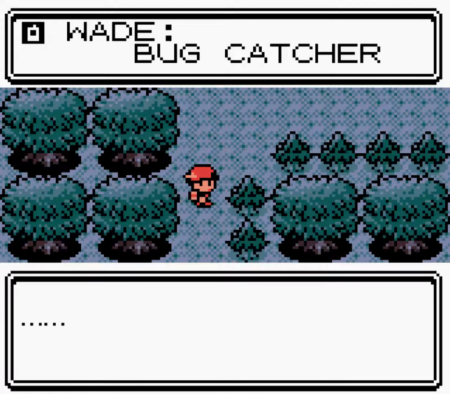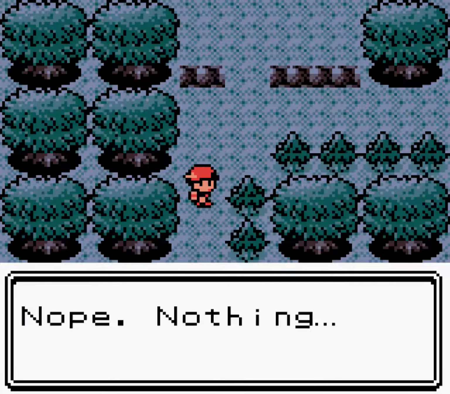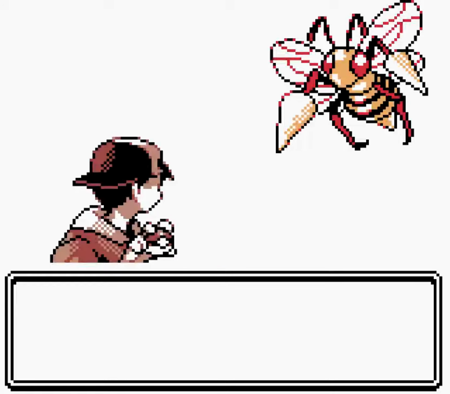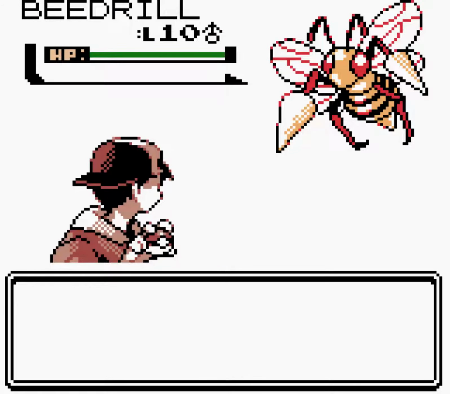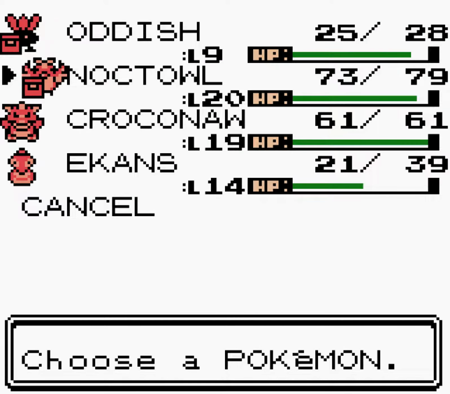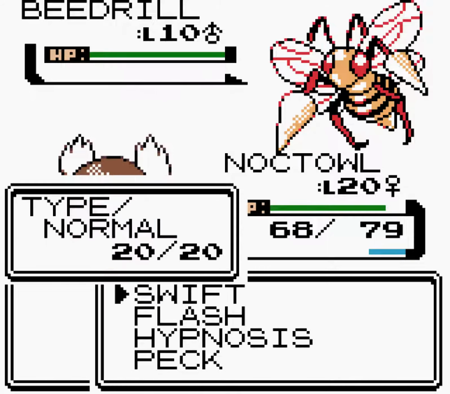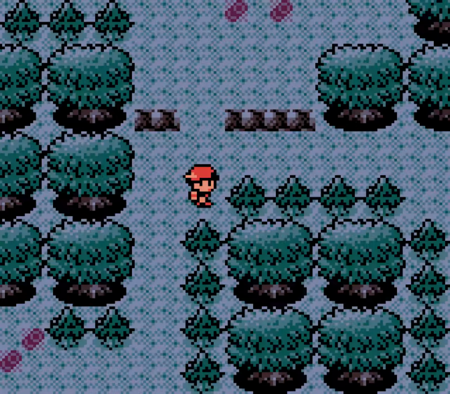Yeah, so general sort of idea. See, the nice thing about Oddish being half poison type means that stuff like Beedrill, stuff like Weedle, with Poison Sting, I can't be poisoned as an Oddish. But Beedrill is a worse idea, being probably capable of potentially using